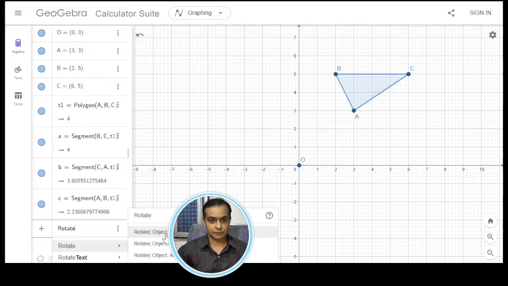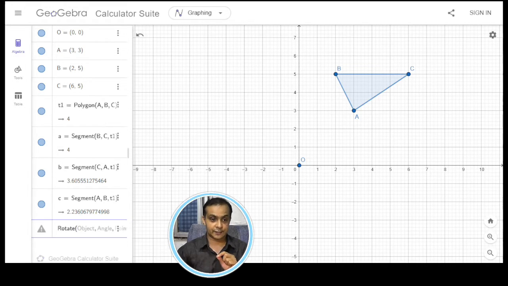But you also have to mention around which point you have to rotate this object. For this we have to select rotate object angle in the point. So we select that. The object we have was a triangle, and the triangle has a name, T1. So we have T1 as the object,